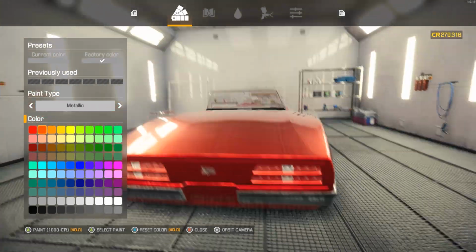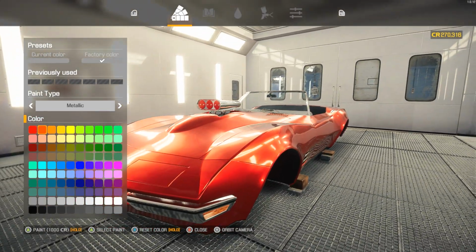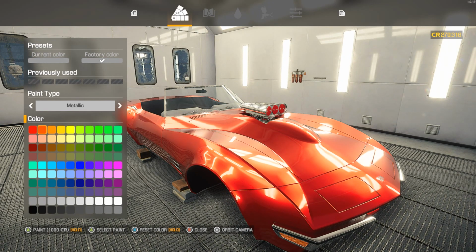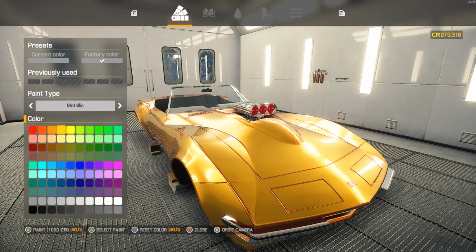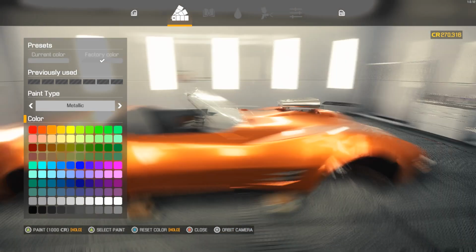Oh my lord, I love that color. That is a sick color, my guy. I like that. You know what? Scratch your plans. We're not going factory. We're going to change it up. Oh, I love that metallic. That metallic looked good. Seriously, that metallic looked amazing on this car. Wow. Okay, well, I'm going with...